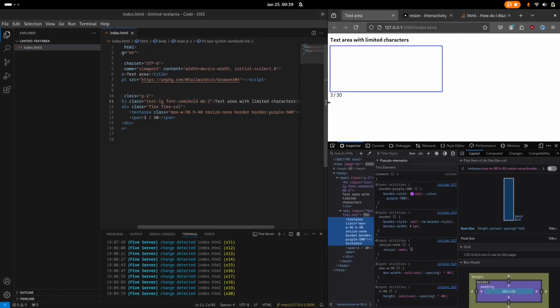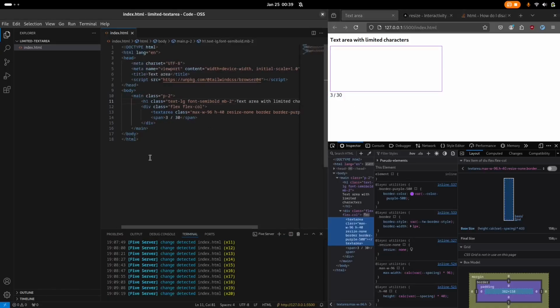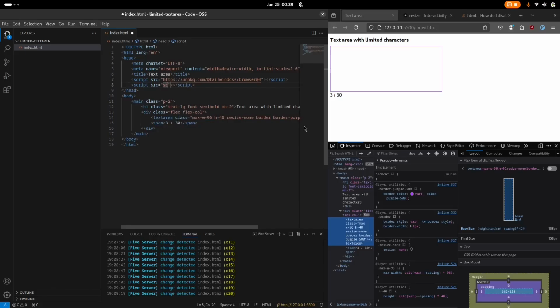When the user is going to start typing, this count should update, right? So let's do that first. I am going to include a JavaScript file here. So script is script.js, and also I